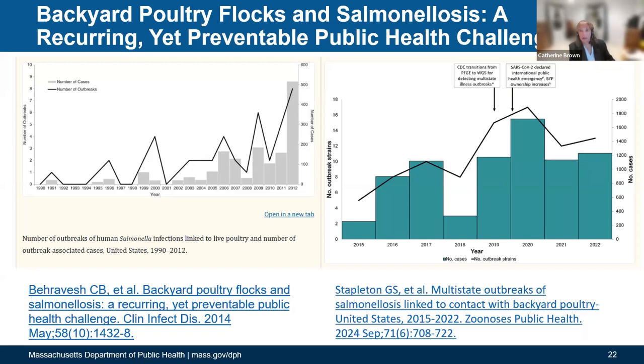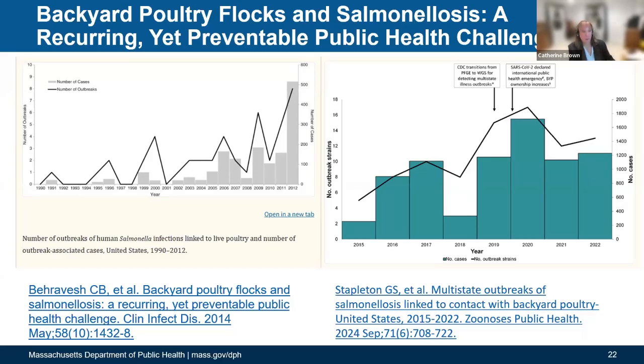And in fact, by 2012, the last year of this study, they had over 500 cases reported of salmonella, again, a bacteria that lives in the GI tract of animals that frequently does not cause symptoms in them, but can cause severe disease in people. What I will tell you is that for every diagnosed case of salmonella, there are probably at least 40 or so undiagnosed cases. And so 500 cases, multiply that by 40, and you're starting to get into the neighborhood of the total number of cases.